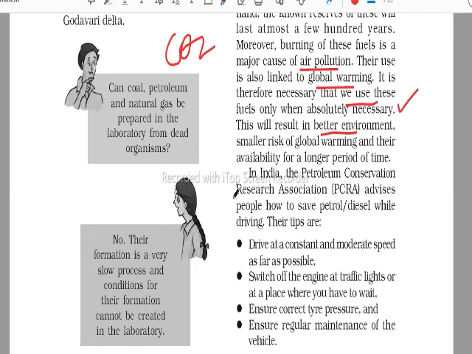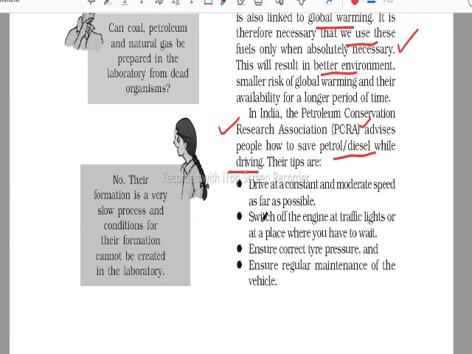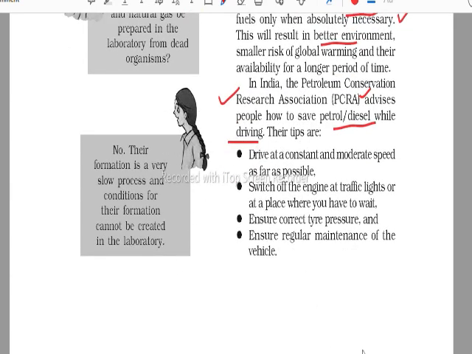अवेलेबल होगा. इन इंडिया पेट्रोलियम कंजर्वेशन रिसर्च एसोसिएशन, ये क्वेश्चन आ जाता है, फुल फॉर्म पूछ लेते हैं पीसीआरए का. तो पेट्रोलियम कंजर्वेशन रिसर्च एसोसिएशन एडवाइजेज पीपल हाउ टू सेव पेट्रोल एंड डीजल वाइल ड्राइविंग, करते समय आप पेट्रोल और डीजल को कैसे सेव करेंगे. इन्होंने कुछ सजेशन और एडवाइजेज दिए हैं. कौन से सजेशन है वो,